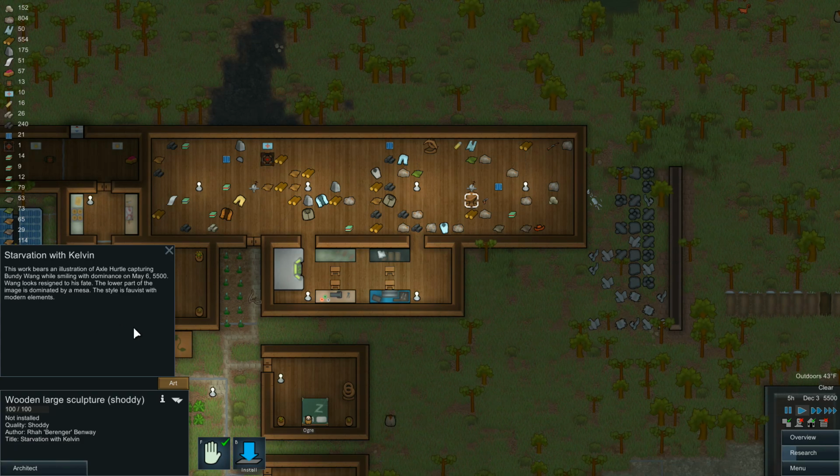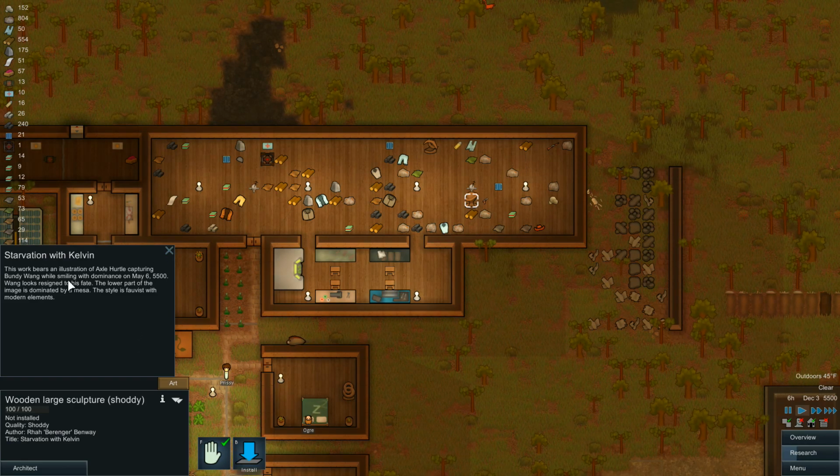Starvation with Kelvin. This work bears an illustration of Axel Hurdle capturing Bundy Wang while smiling with dominance on May 6th, 5500. Wang looks resigned to his fate. The lower part of the image is dominated by a mesa. The style is Fauvist with modern elements. I like that. Axel Hurdle capturing Bundy Wang while smiling with dominance. I want to keep that just for the